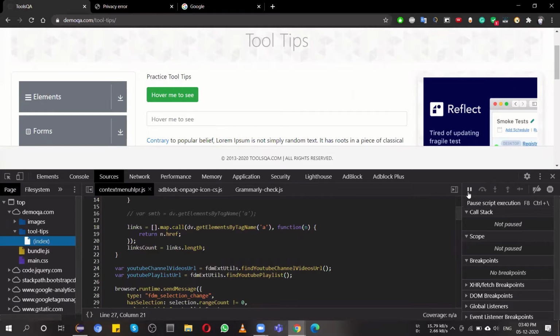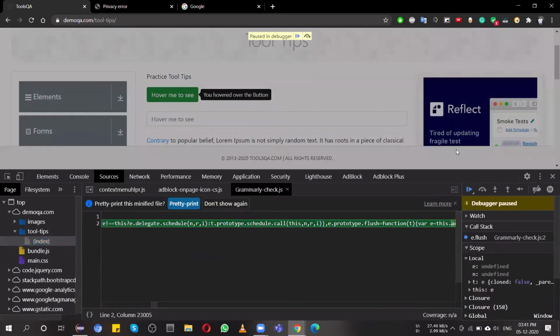Sometimes if you are using a laptop, you have to use the key combination Fn plus F8 if the F keys are embedded function buttons. Or you can simply use Control backslash, which is really simple. So I'm just mouse hovering this and pressing Control backslash, so now it got paused.